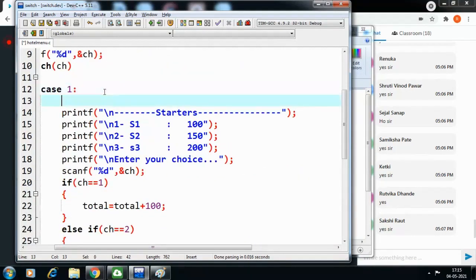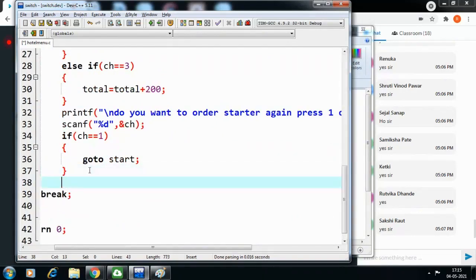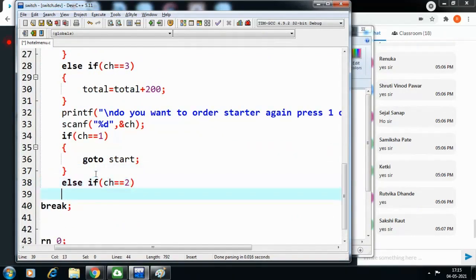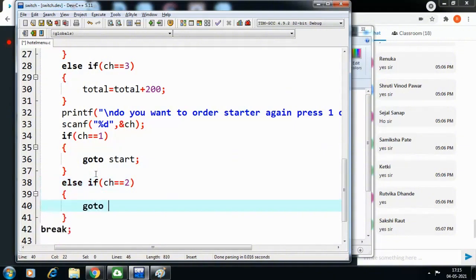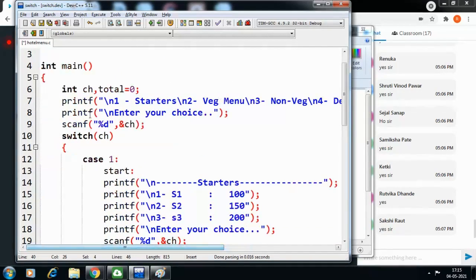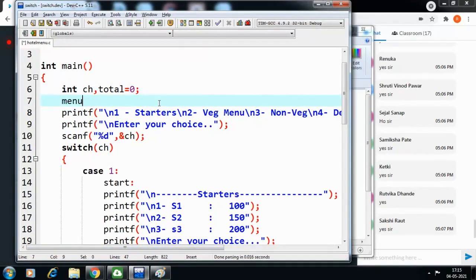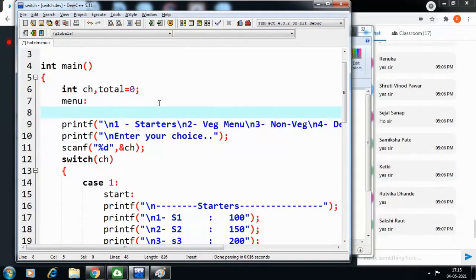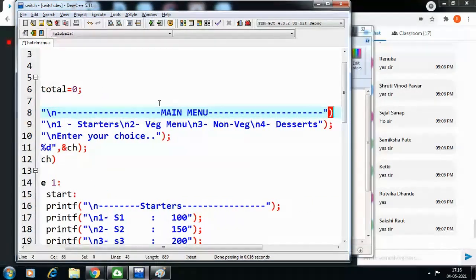Start is here, ठीक है, and else if CH equal to 2, then go to menu. So the menu is here. Menu is here. In menu. ठीक है,